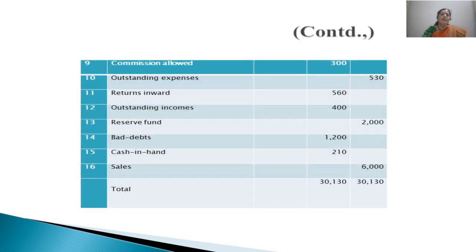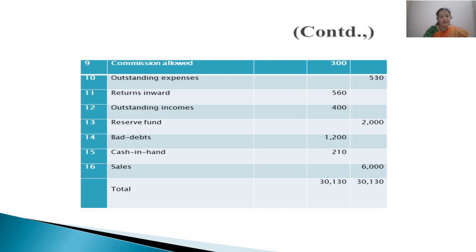So what you have to do is write all the items or the names of the accounts as given in the problem, in the order it is given there, preferably. It need not be in the order, but better it is in the order. There is no such compulsion. But take care that you are not omitting even a single account, and then the corresponding amount while writing, be a little careful.